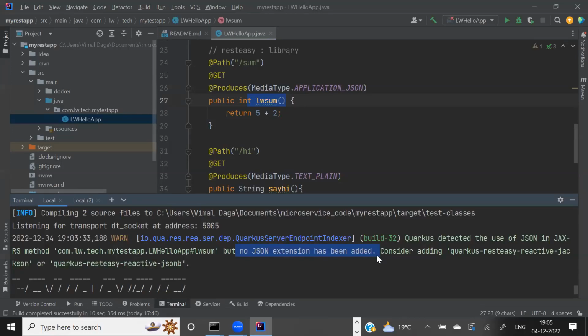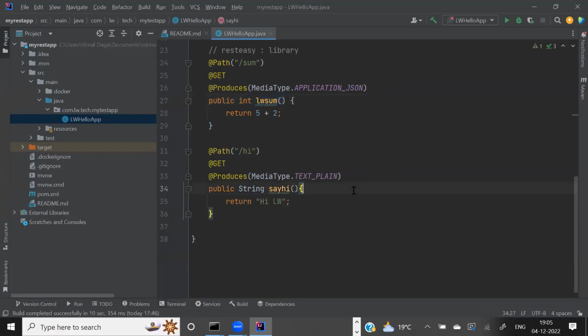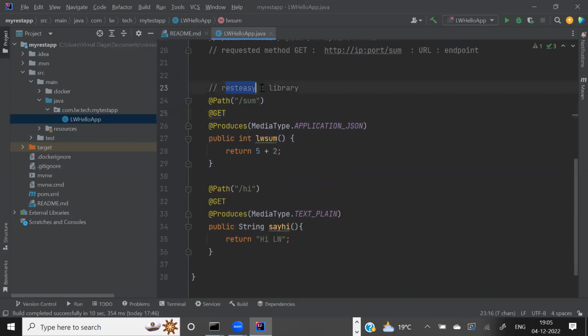Okay, what do I mean by this? Quarkus is just a framework, like a platform. Whatever Quarkus wants to do, you have to give the libraries to Quarkus. For example, you have to give the REST API libraries. Because we have this library installed, we can expose it.